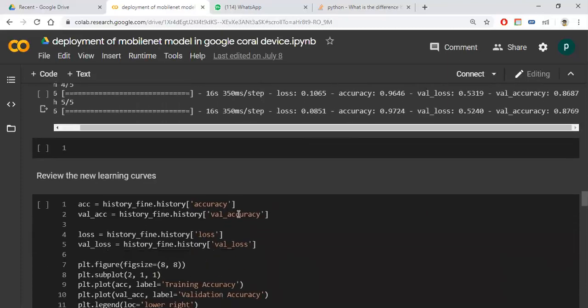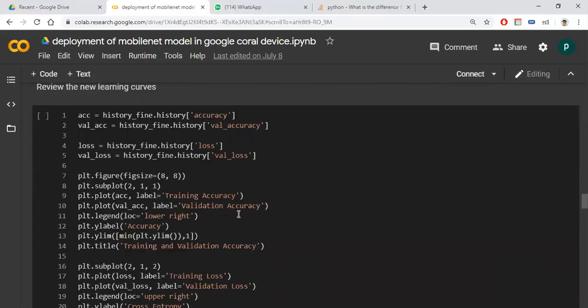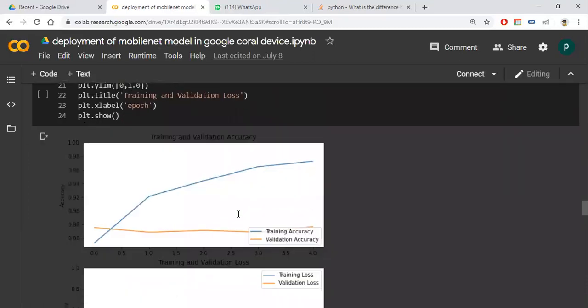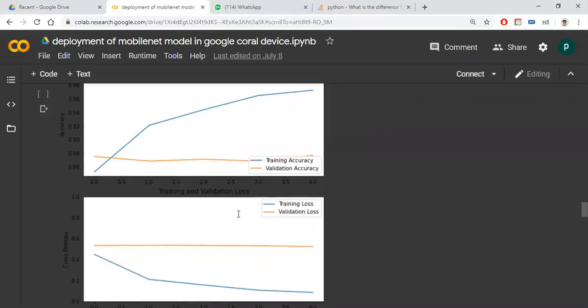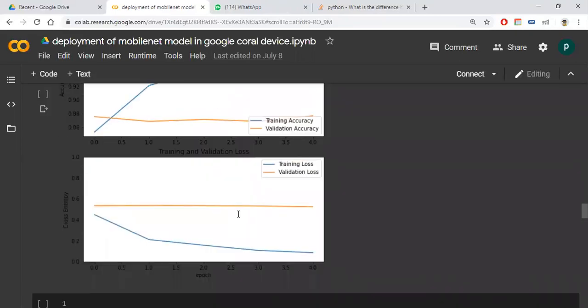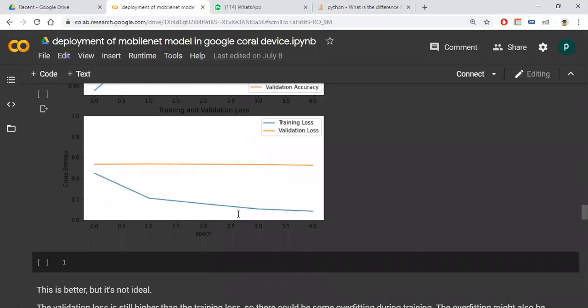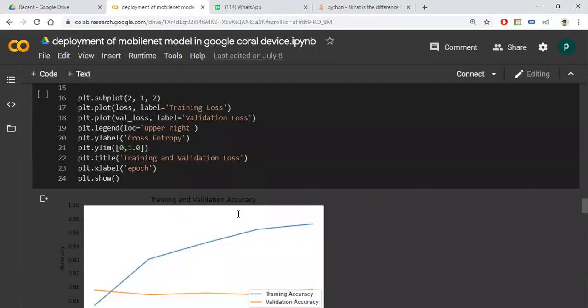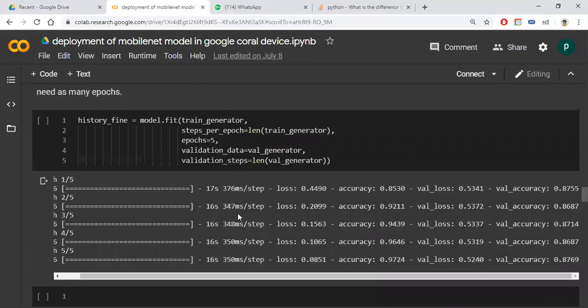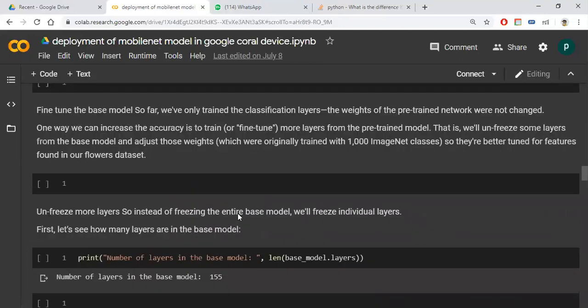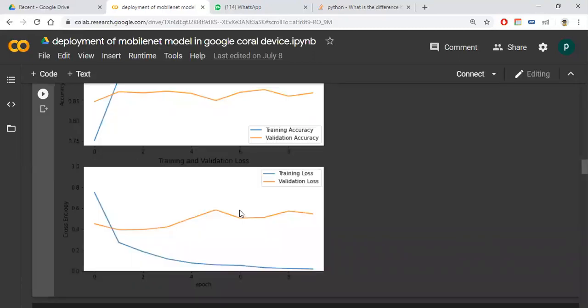So let's see what the loss and accuracy are. Some change happens compared to this one.